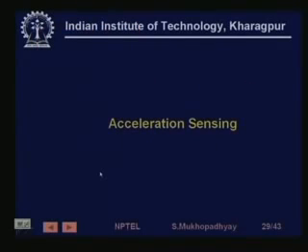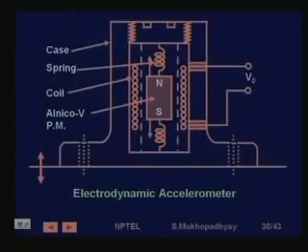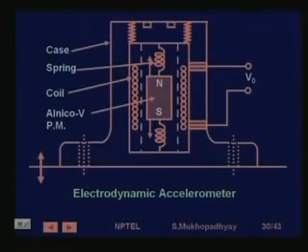Now we come to, so we have seen some methods of velocity sensing. Now we come to acceleration sensing. Acceleration sensing is not very much used in the industry, not too much. Compared to that, velocity and position sensing are much used, and this is a typical configuration of an accelerometer. Acceleration sensing is mainly used in the industry in the context of vibration